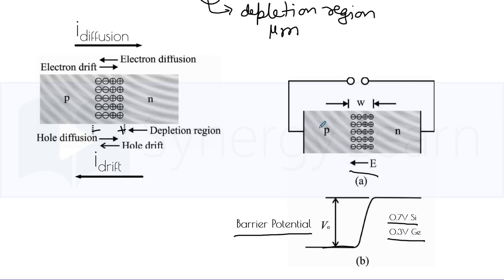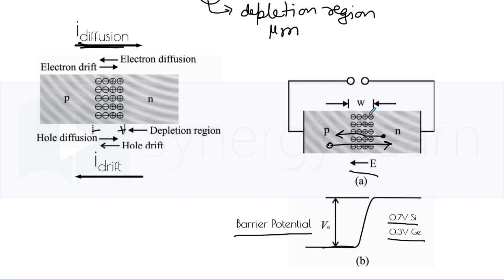Now the diffusion of holes from P side to N side gets difficult. Simultaneously, diffusion of free electrons to P side also becomes difficult because this barrier potential won't allow them. But still, few energetic holes and electrons are able to cross over to respective sides, giving rise to diffusion current from left to right, that is in the direction of movement of holes.